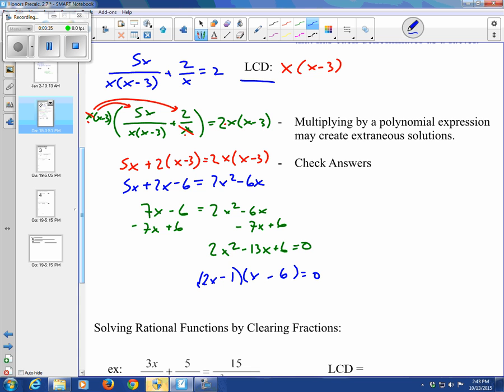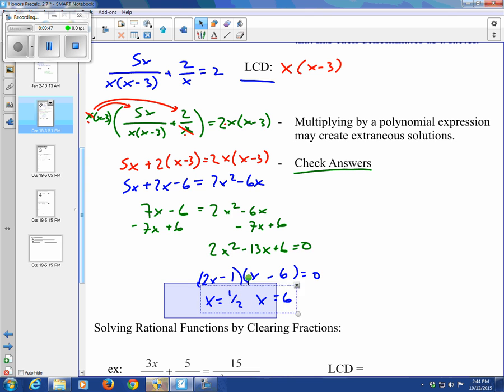These are our 2 linear factors that multiply to give us this quadratic, and then we can get the zeros of x equals 1/2 and x equals 6. Now right here, what I'm going to need to do is check these answers, right? So immediately, we've got 2 answers, and we want to check them to make sure we're doing our math correctly, but we also want to check them